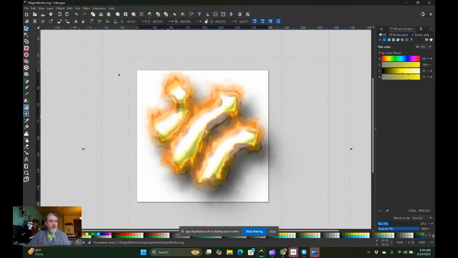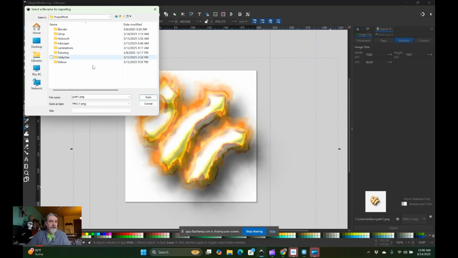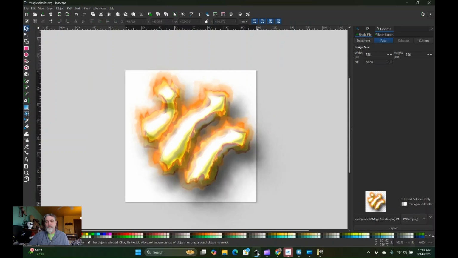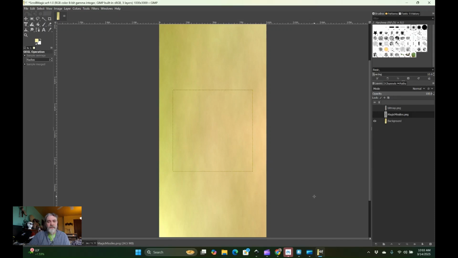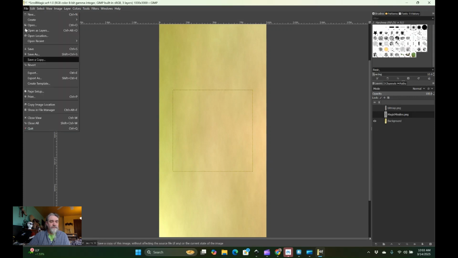And then I'm going to export this. Make sure that you pick the appropriate folder. So now I can go ahead and close or minimize this. And I'm going to go to GIMP. In a previous video, I'd shown how to make swatches of texture that look like parchment in GIMP. And I've just done that. In this case, I formatted it so that I have a long section, like as if it was a scroll that would be unwound. So at this point, I should be able to just go File and Open as Layer,